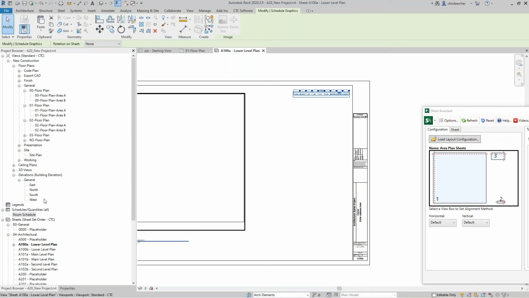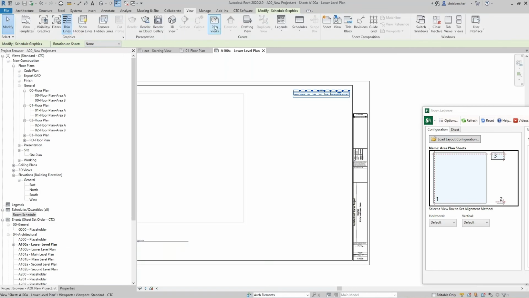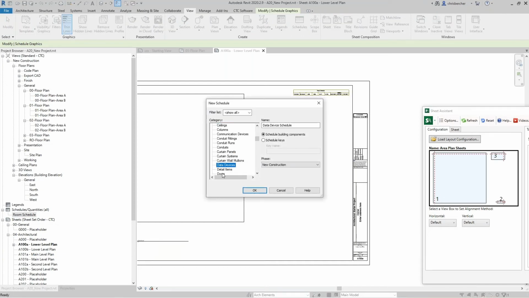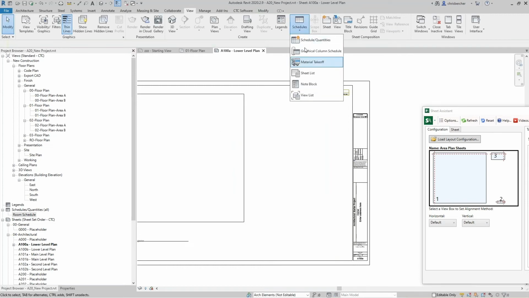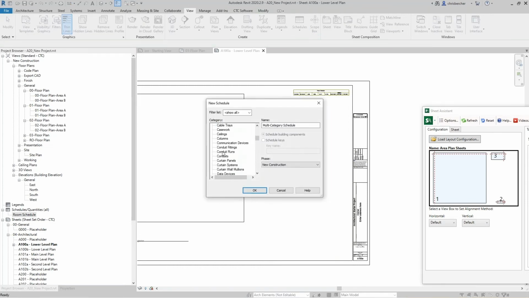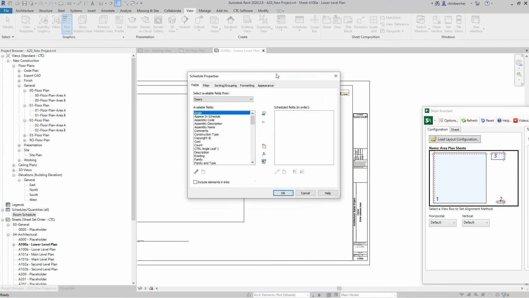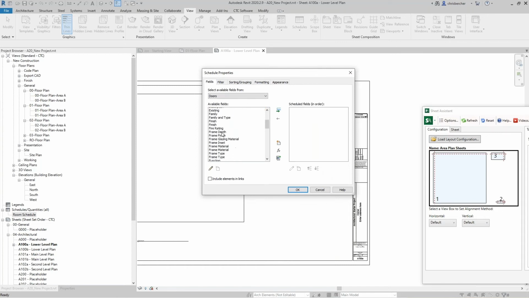And I also want to insert a door schedule. So I'm going to make one of those real quick. Schedules, and we'll do a door schedule. That's not a door schedule. This is a door schedule. I grabbed a duct on accident. So let's go ahead and grab a couple of parameters here. We'll keep it simple. We'll grab mark, and we're going to grab